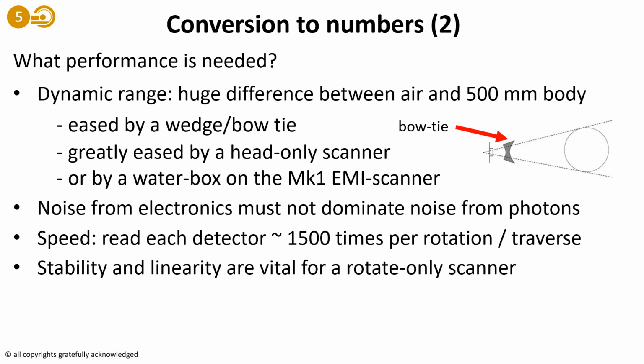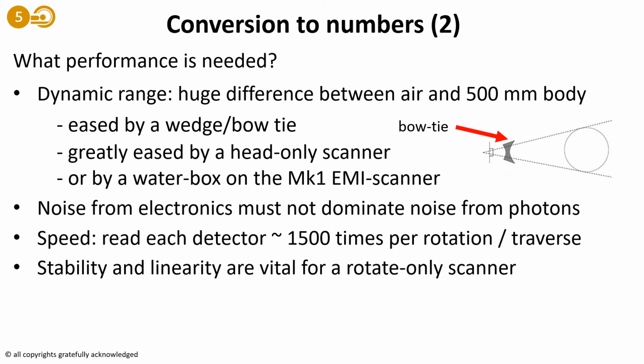The dynamic range is a major challenge, because there's a huge difference between the number of photons which would travel through a 500 millimeter body, a fairly obese patient. And if you take that patient out, a far larger number of photons will emerge through the air that's left behind. There's a number of ways of easing that. Still used today, but pioneered back in the 70s, is a wedge filter, or a bow tie as it's sometimes known,